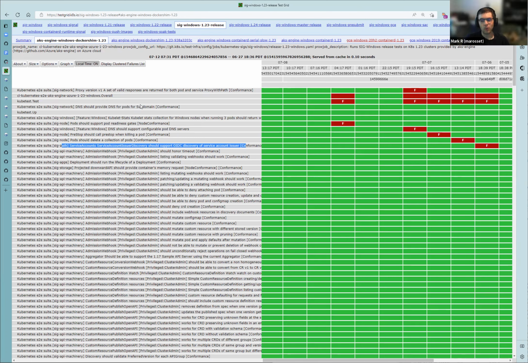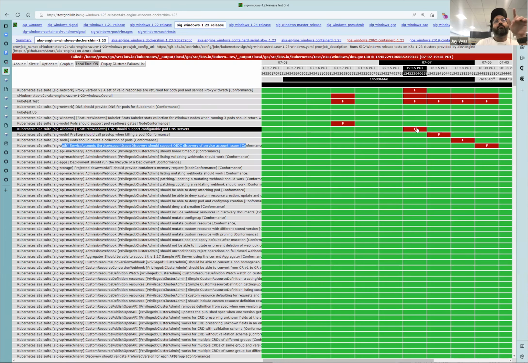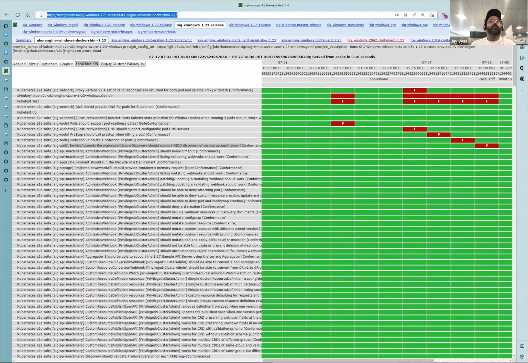I think it could be DNS too, because what could be happening is until those rules are programmed into the kube-proxy on the node, one of the symptoms was you would get unable to find nodes. But this DNS test is not failing. Can you post that link you're on in the Zoom or Slack or something so I can independently look at the tests that are failing? I'm going to add it to the meeting notes. Okay, meeting notes, perfect.